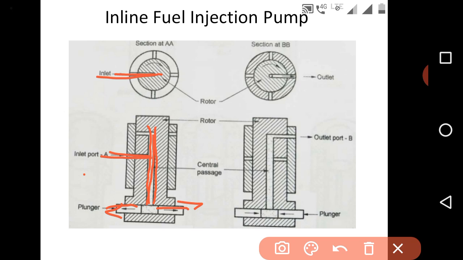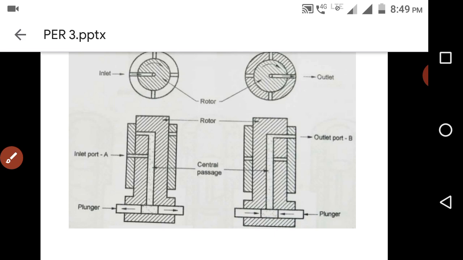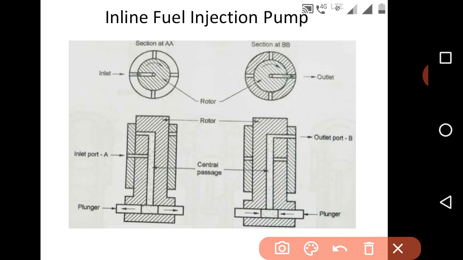Now you can see there are two sets of radial passages, here and here also.